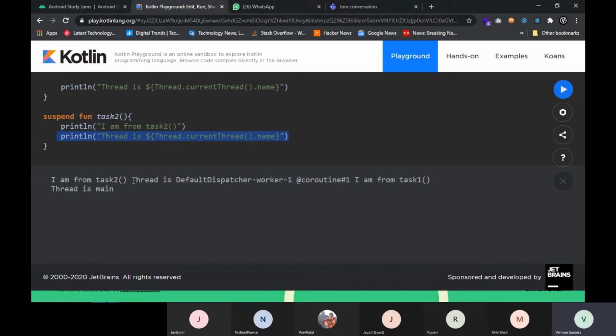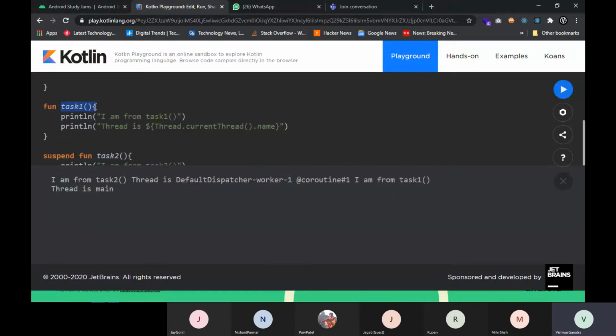Here you can see the thread is DefaultDispatcher-worker-1 and @coroutine#1. So it indicates that this particular function is running on a separate coroutine thread, that is this DefaultDispatcher-worker-1, and the first function, task 1, is running on the main thread.